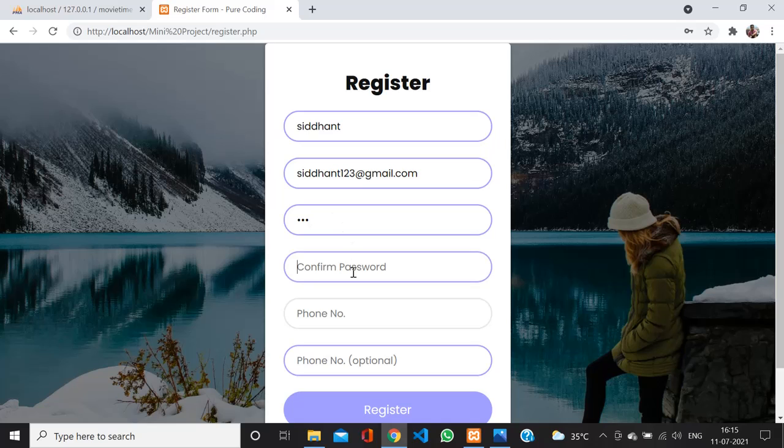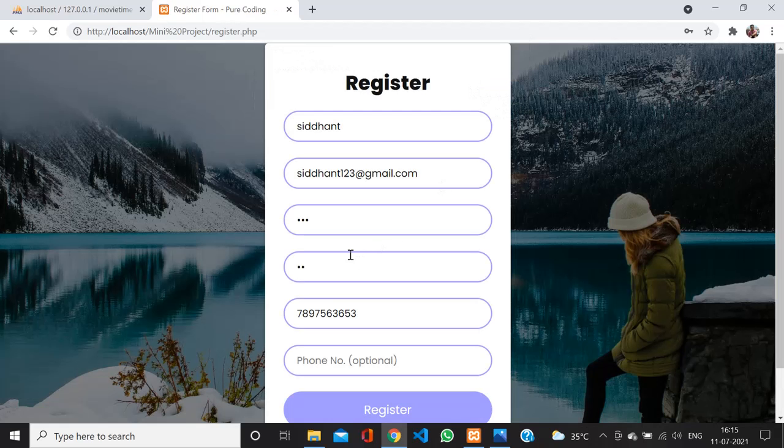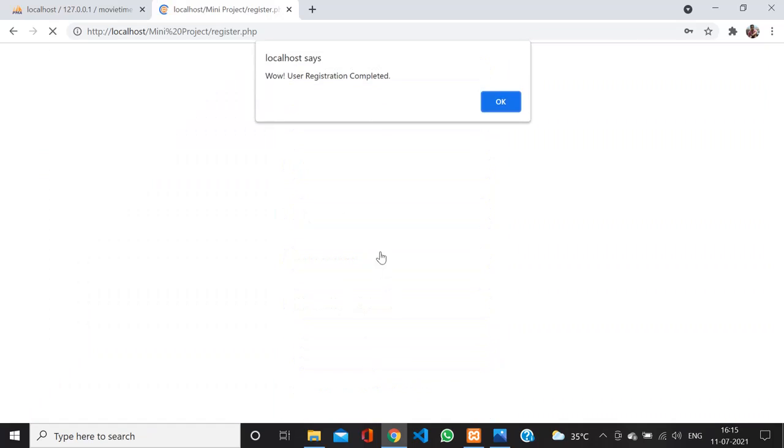Now if I enter a wrong password here, I will also show you what happens. It will say password not matched. If I click on this OK button, I have to enter the correct password, and if I click on the register button, it says the registration has been completed.